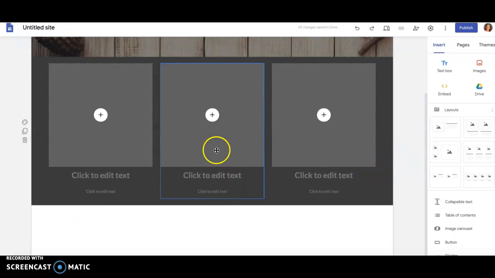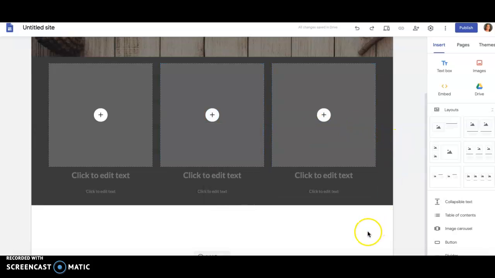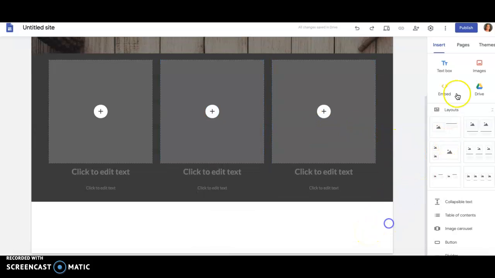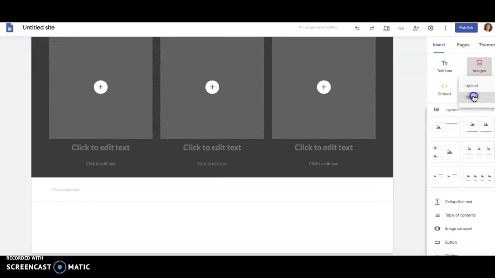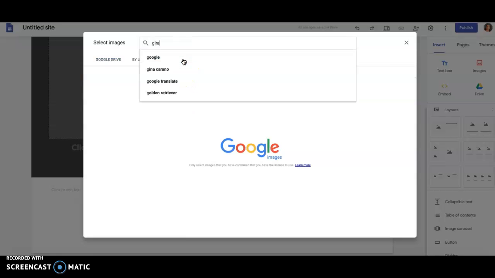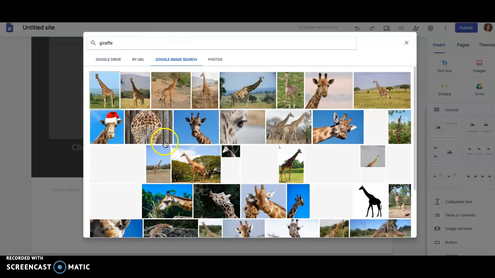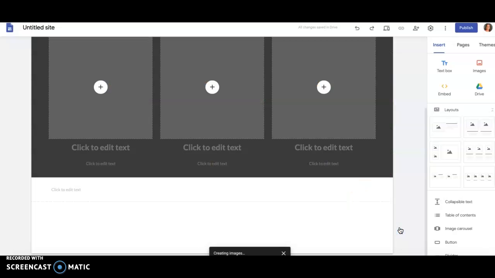So I would click to add text here. I can click and add something from my drive, a calendar, a YouTube video, an image very easily. So super easy to navigate. If I add a text box down here, maybe an image, select from the Google image search. First thing that pops into my mind, let's pick a giraffe. Choose one, insert, and I just want to show you how you can move different things